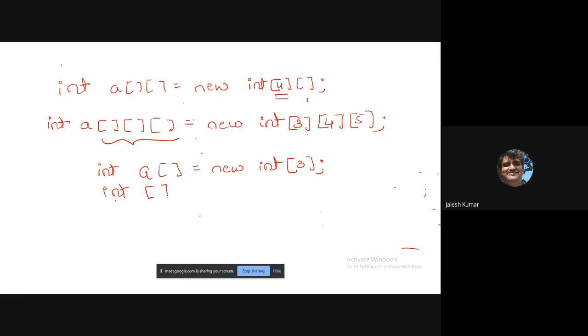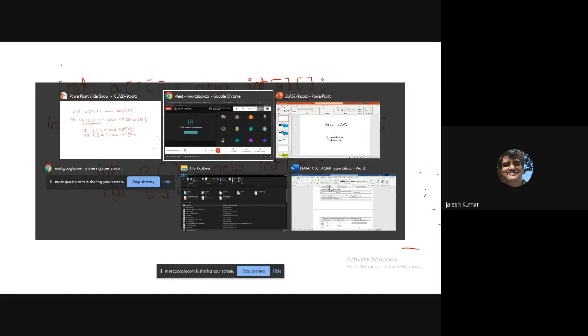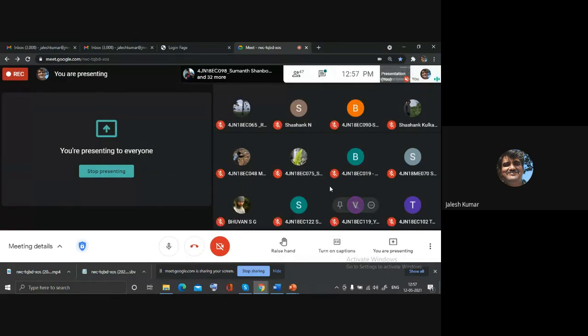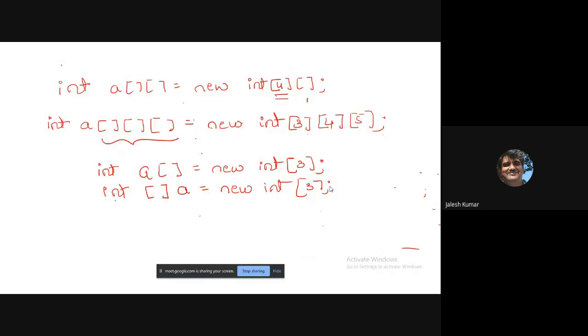First bracket, then a, then I'll allocate new int 3. Is it valid? That is the question. Instead of writing like that, what I'll do is I'll put the bracket first, then I'll write it. It is perfectly valid. Okay, you can write like this also.